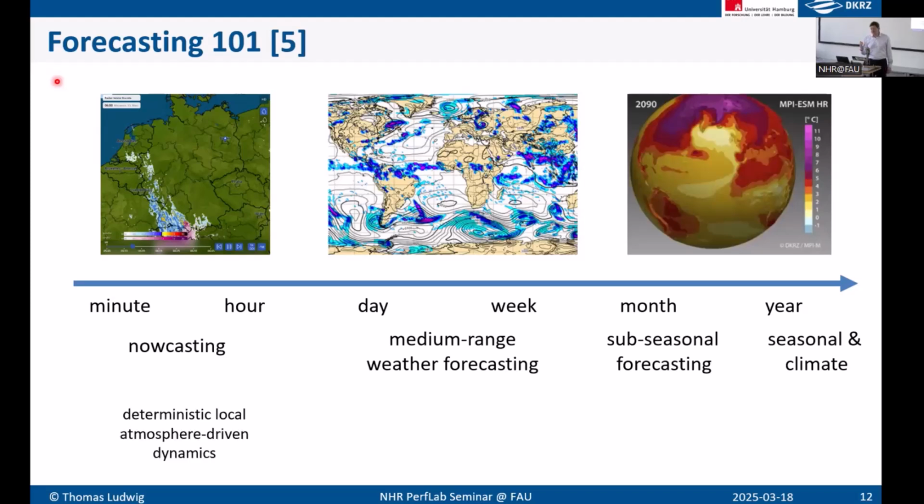What mathematics do we use? For the nowcasting, everything is pretty much deterministic and depends more or less on the atmosphere. So you don't have to consider what's going on in the ocean, unless you have a tsunami that you would like to compute or something like that. Now, for medium range, it will be a global thing, differential equations tending to be no longer really deterministic, has to integrate the ocean already, and then you have the stochastic models for the longer periods where you have ocean-driven